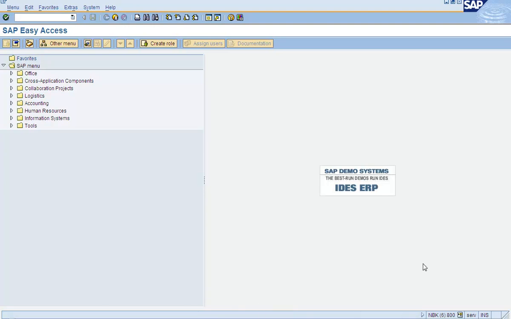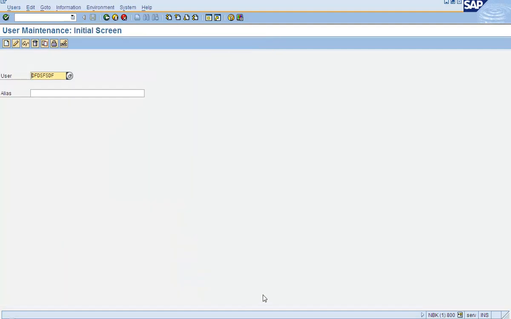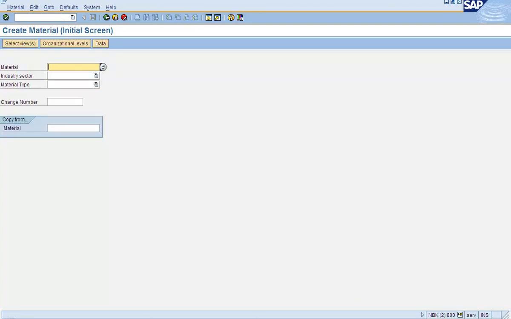Okay. Now, what session are you on? You can see from this number here. This is my 6th session, right? If I go here, this is my first session. I am in first session, I started using SU01. In second session, I am looking at transaction MM01. This is second session.